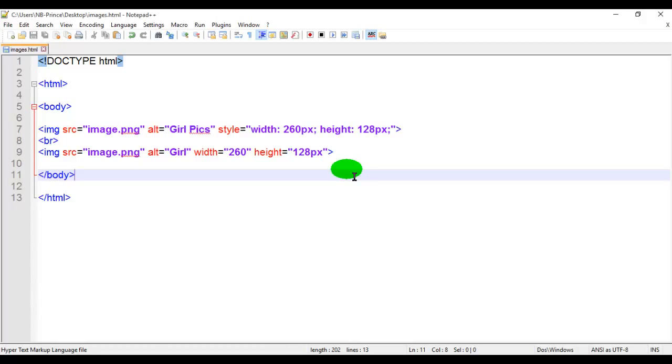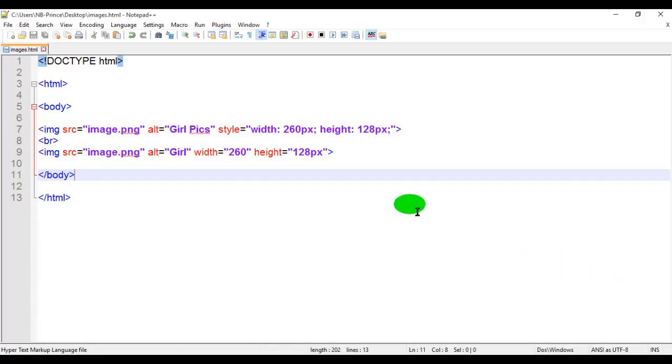Both the width and height attributes and the style attribute are valid in the latest HTML5 standard. We suggest you use the style attribute. If you use the style attribute, it prevents style sheets from changing the original size of the image.